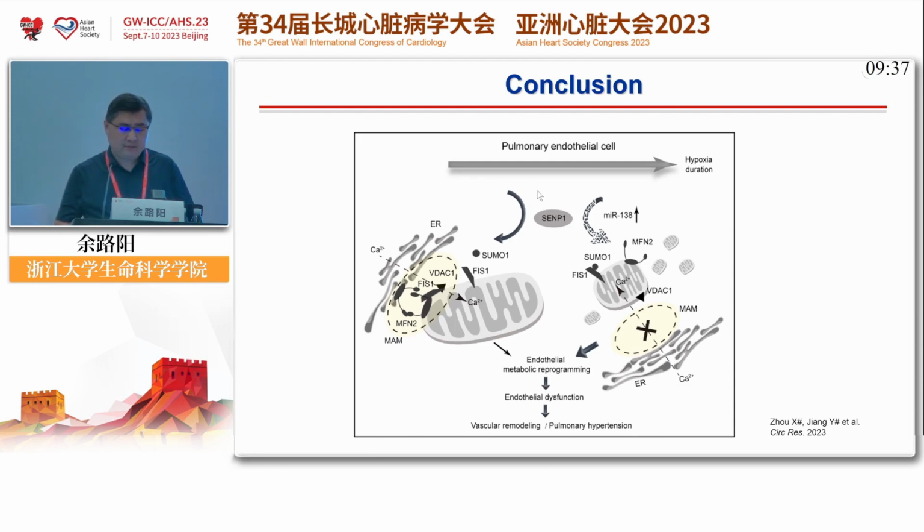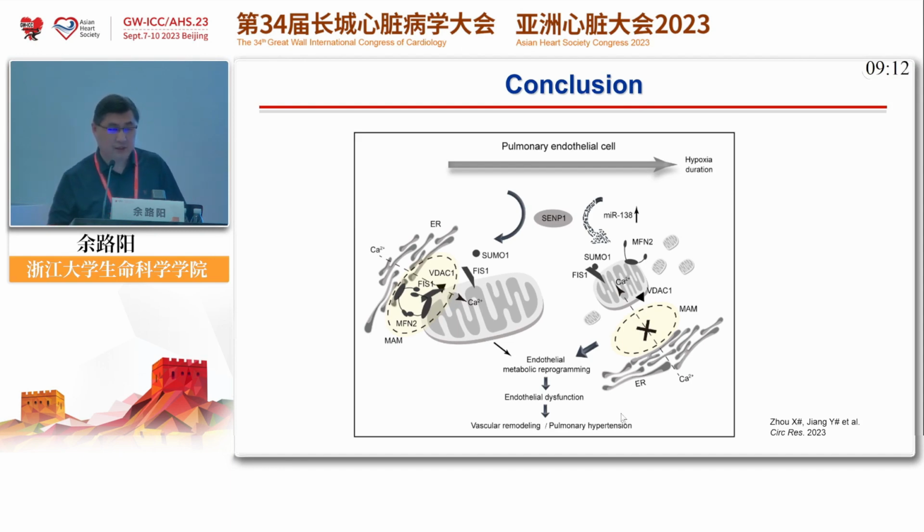But upon sustained hypoxia, it will induce the miR-138-mediated SENP1 degradation, and this results in the disruption of the cellular metabolism, based on the over-SUMOylation of FIS1, and the resultant endothelial dysfunction